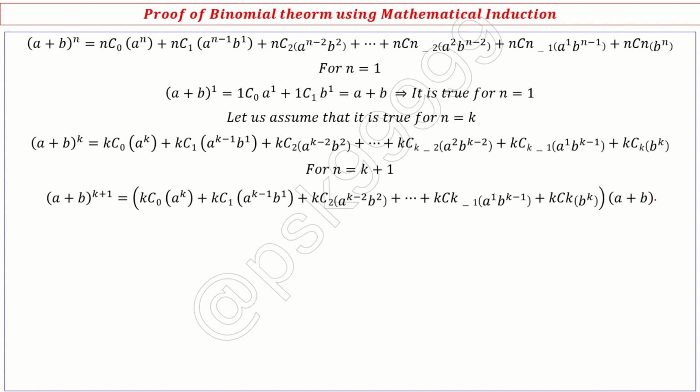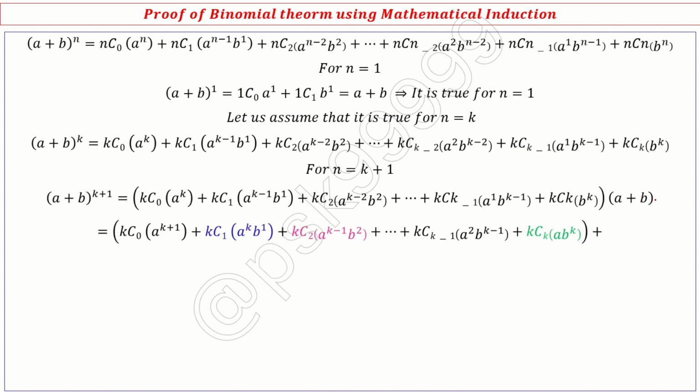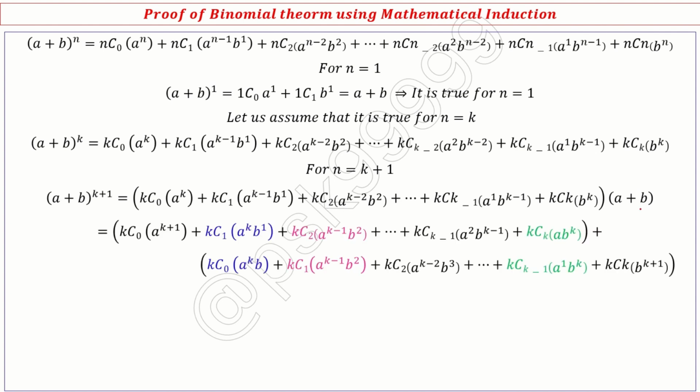That's what (a + b) will multiply. So simply do the multiplication, because this is what we get. kC0, carefully do this, kC0 a to the power of k into a, so it will become a to the power of k plus 1. kC1 a to the power of k, because a is multiplied here, right? So each term, a's power will increase when you multiply with a,